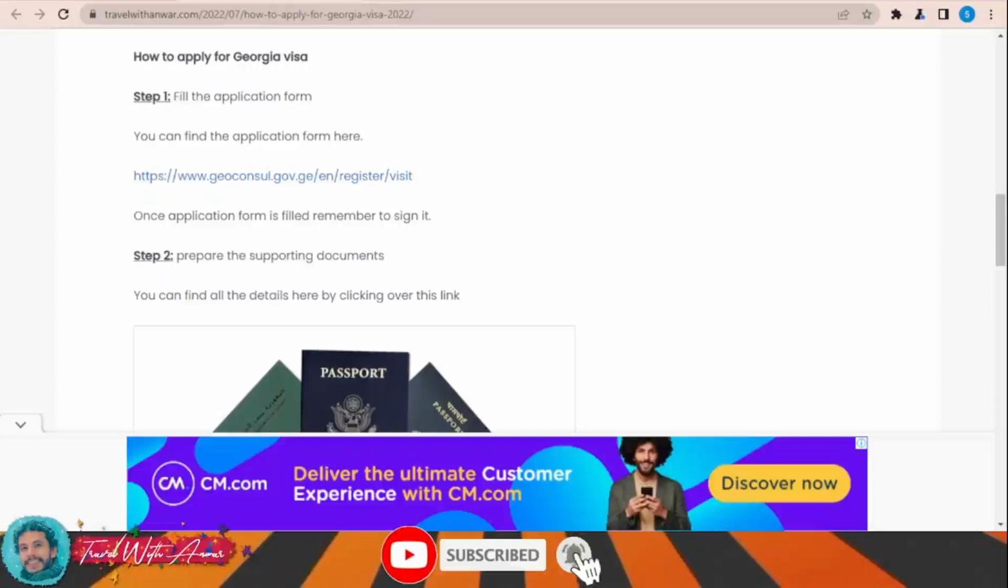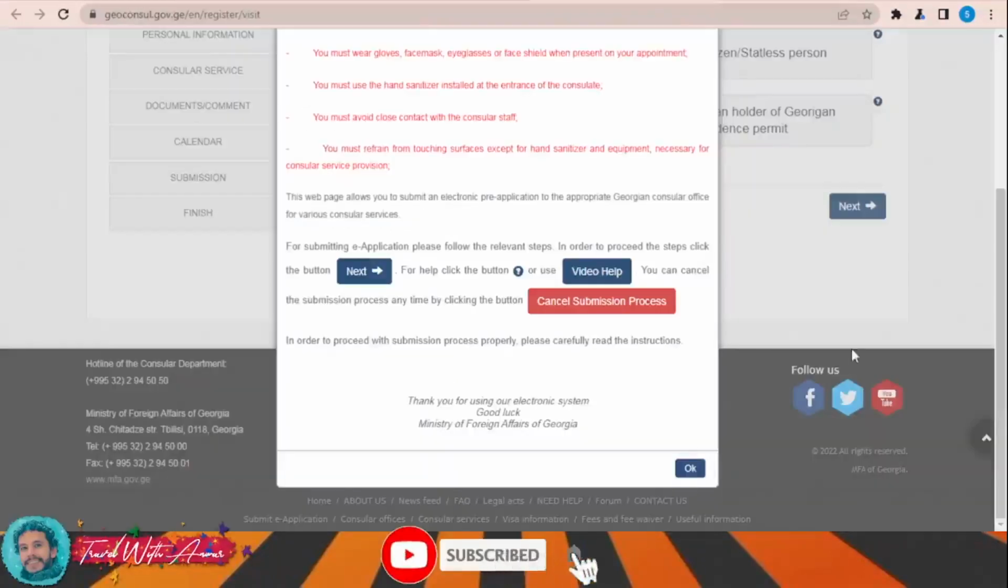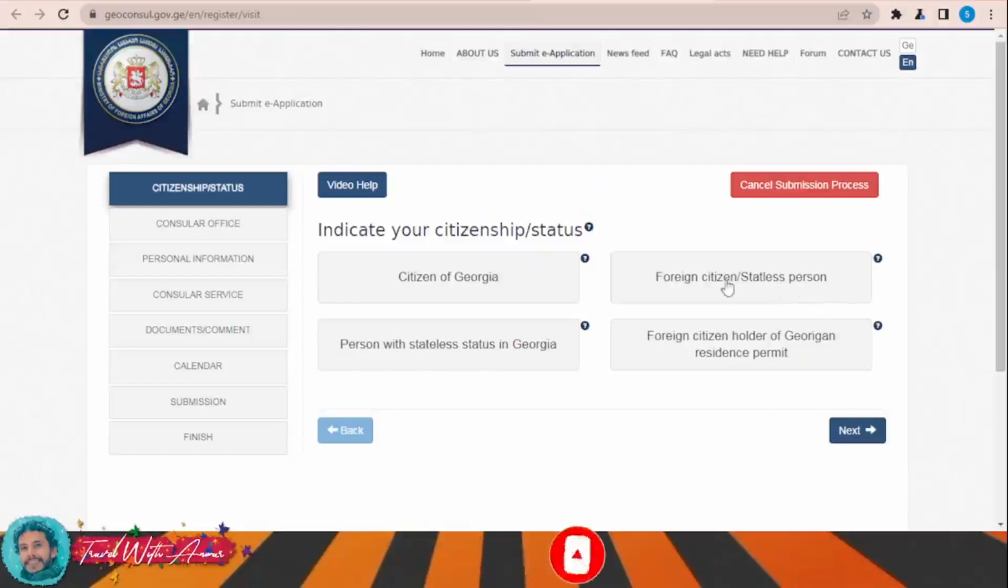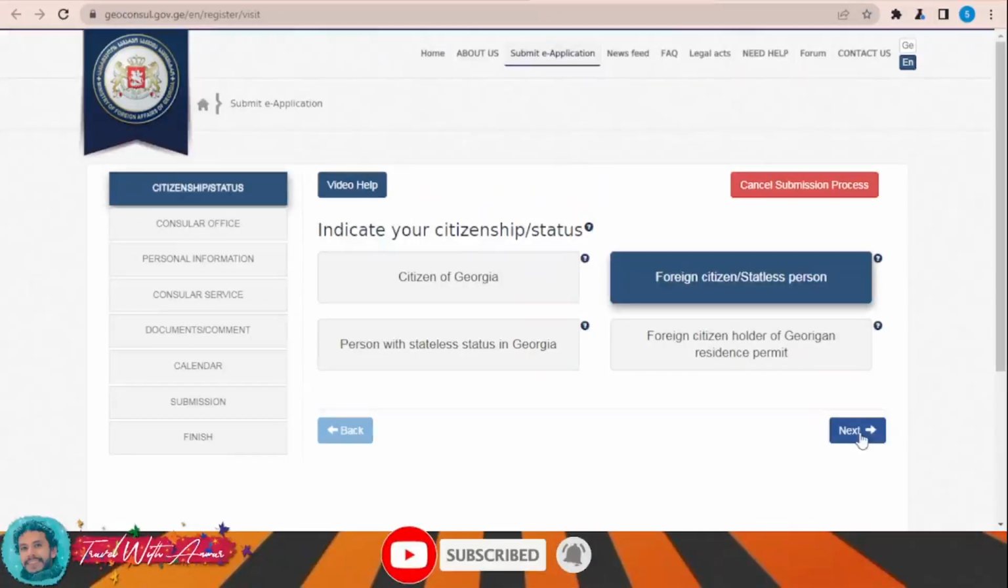So if you can only apply for visa through the embassy for Georgia, just click over this link over here. This page will appear in front of you. Click OK, choose your status over here. Okay, I'm a foreign citizen, stateless person. Then click next,